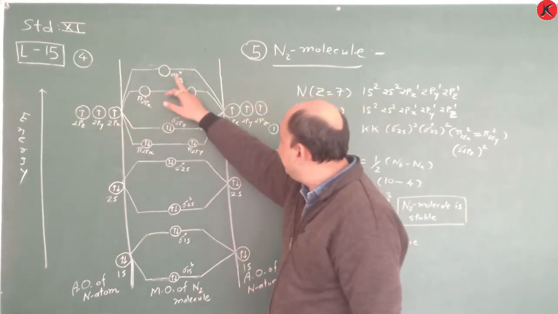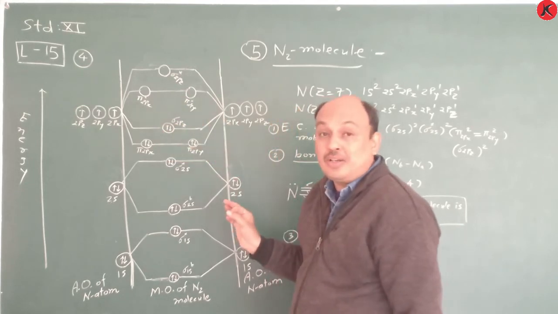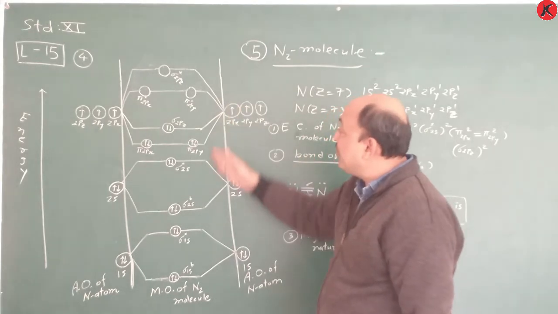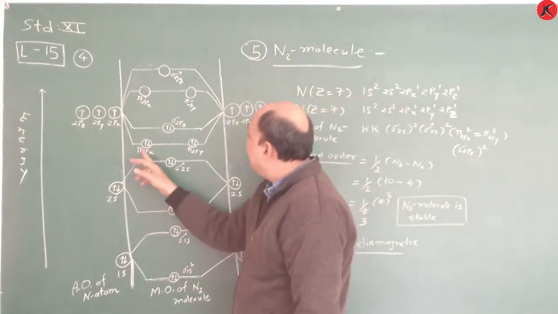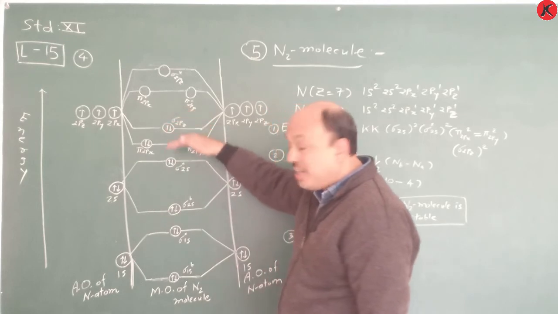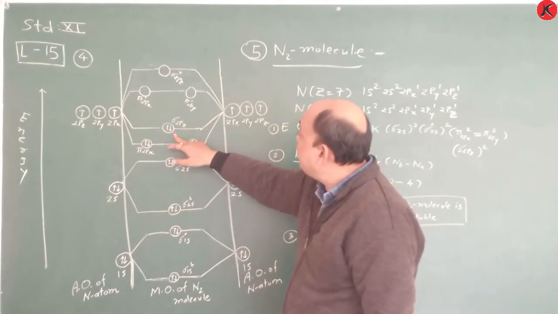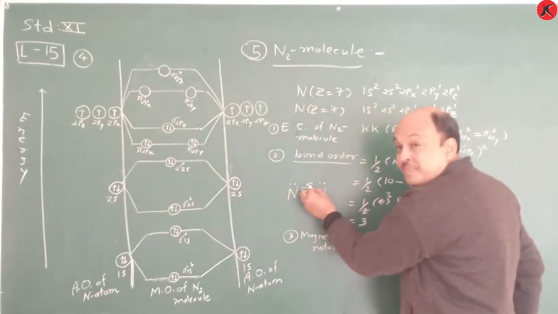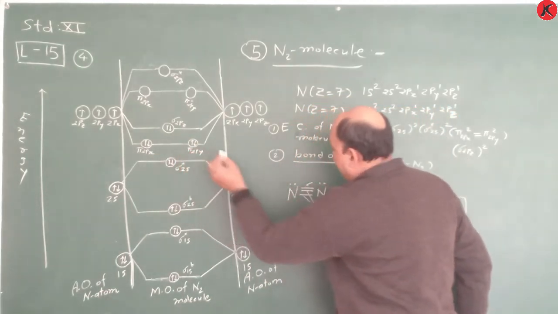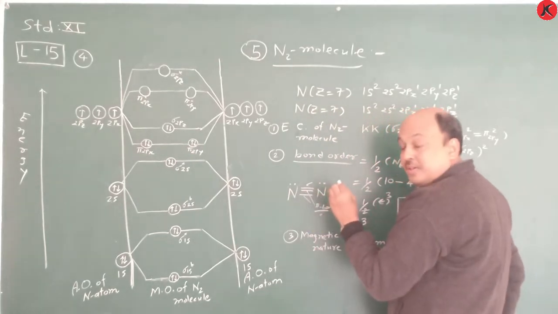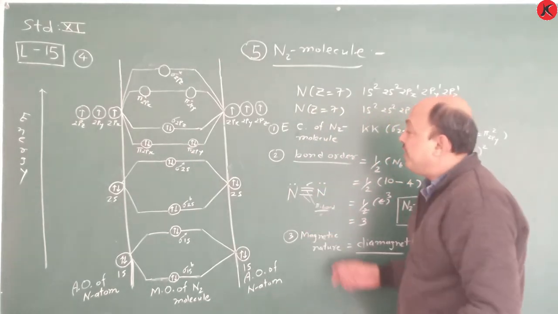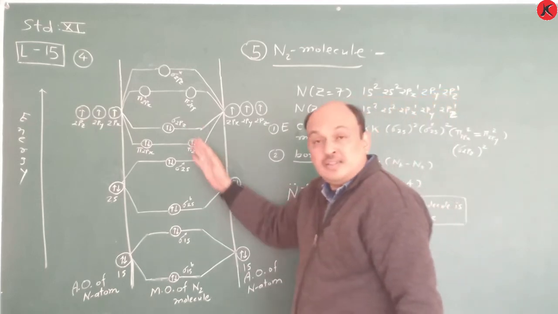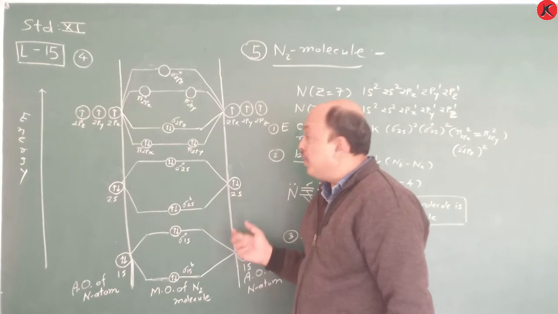Therefore remember it this way, up to 14 electrons. Now just see, 7 plus 7, how many electrons are there? 14, and that's why you have to follow this method. And here the pi 2px and pi 2py orbitals have lower energy, and sigma 2pz contains higher energy. That's why sigma 2pz forms a sigma bond, and pi 2px and pi 2py form the double bond. According to that, the formation of a lone pair of electrons is also there, so one sigma bond and 2 pi bonds are present.